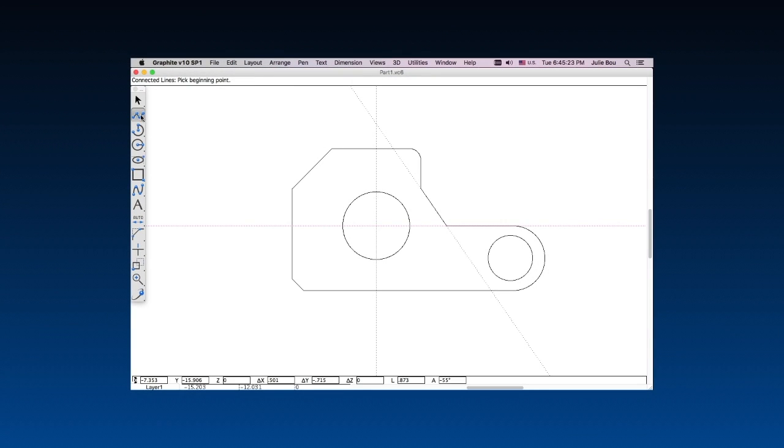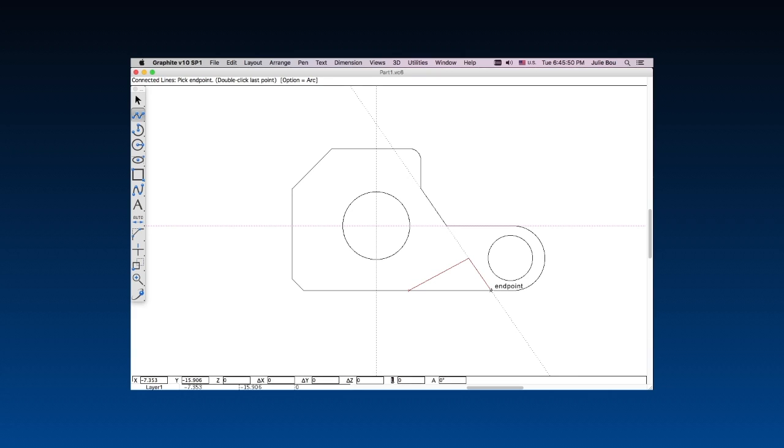To make our cutout, begin with the Connected Line tool. Using the Drafting Assistant, come down and find the midpoint of the bottom edge and click. Then come over and brush over the circle to display its center point. Move up to where the construction line through the center of the circle intersects with the -55° construction line and click again. Now move down to the intersection of the -55° line and the bottom edge of the part and